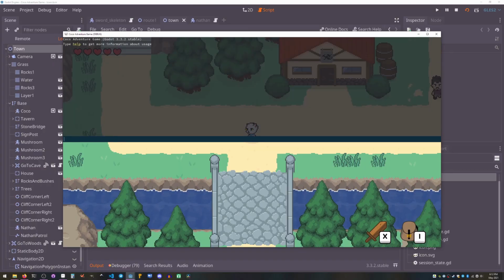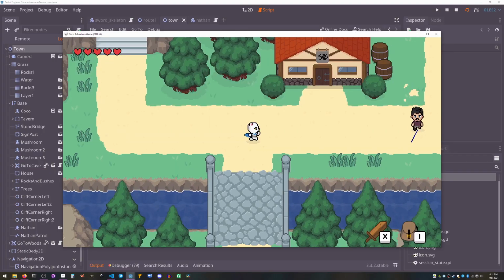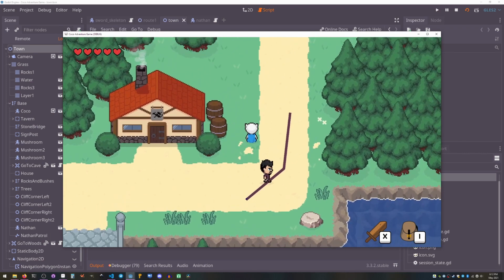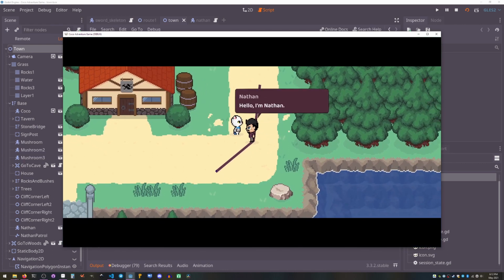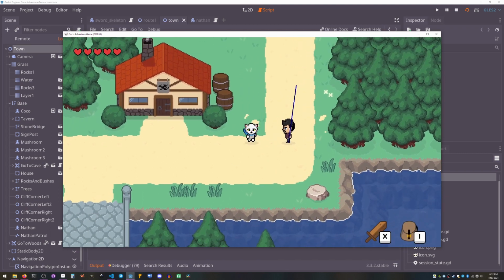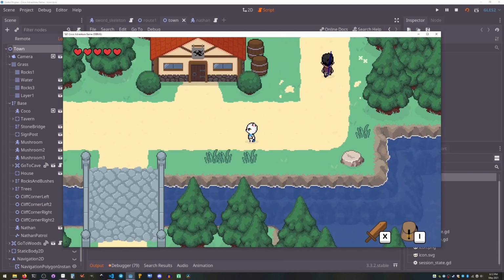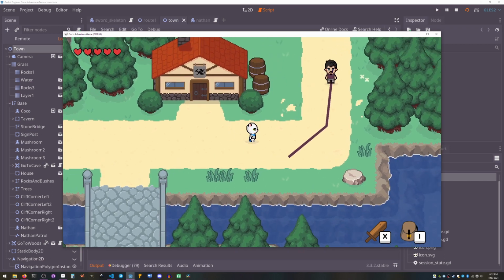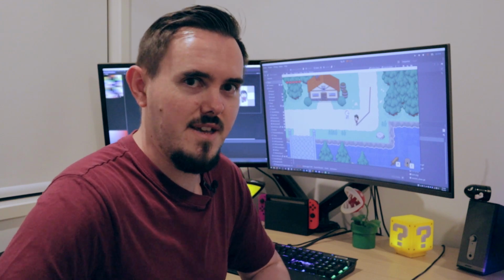Okay, first up, let's turn debug on. So you can see here's a little me walking around, and there's my path I'm following. So that's the exact same state that the skeletons were using, with just different dependencies slotted in for a slightly different use case. So let's just have a look at that.